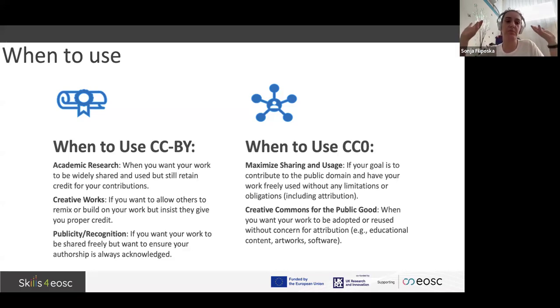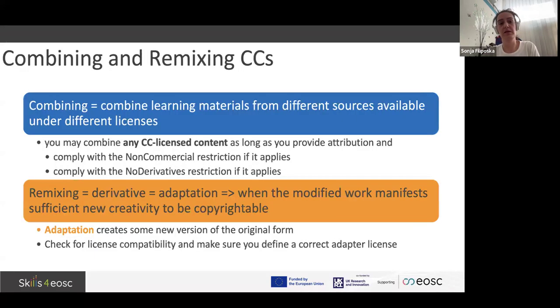So you just give up attribution. You say, okay, this is for the world. Whoever wants can reuse it. They don't have to attribute me. That's the thing. Now, when we are talking about deciding on your license, you have to make sure that you